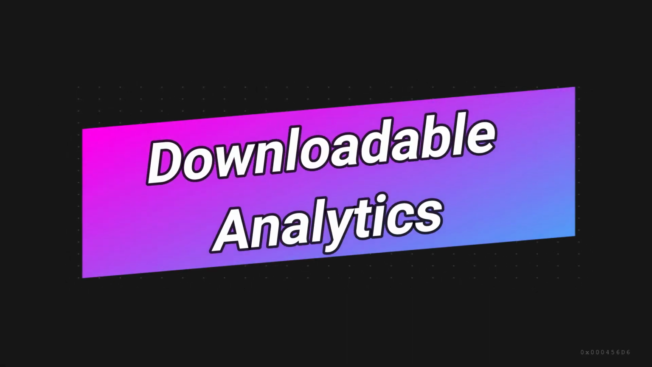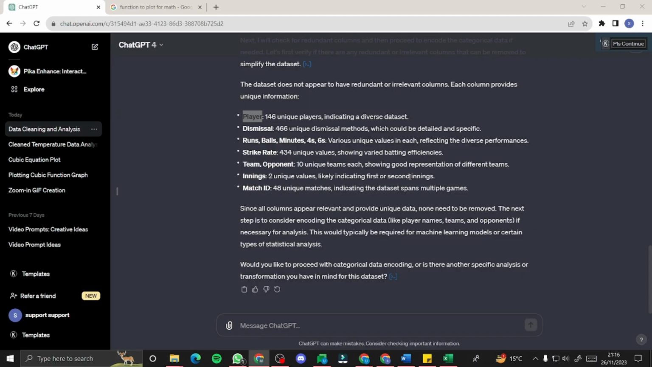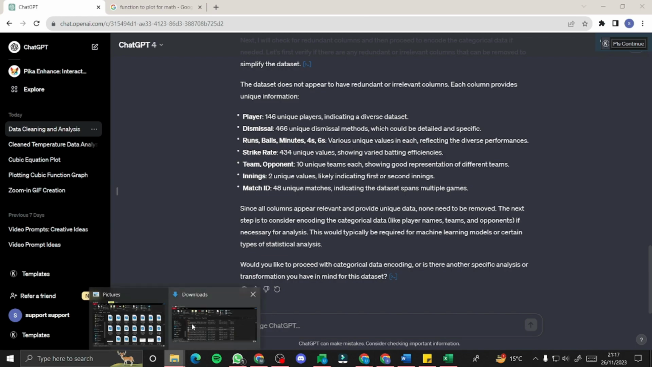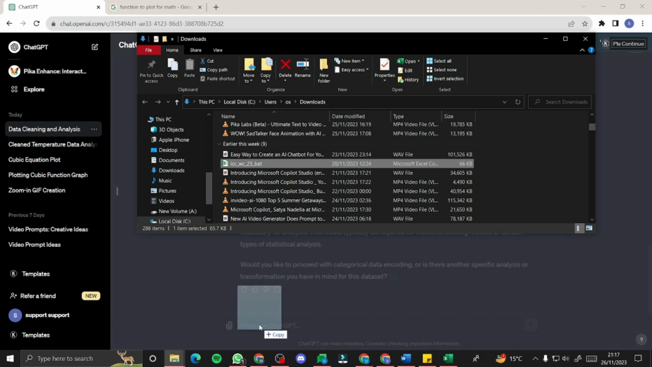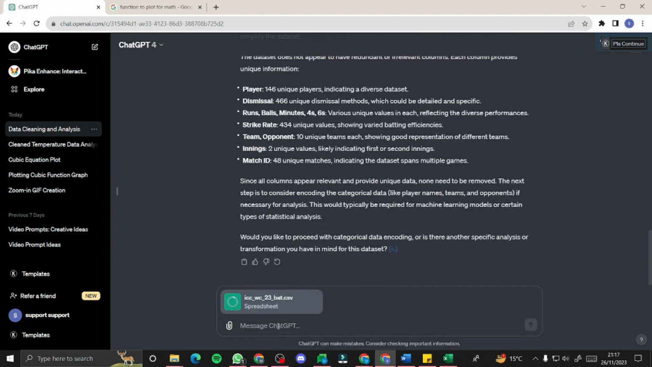All right, so now let's explore the third way to use the new Code Interpreter, which is generating downloadable analytics. Imagine being able to create dynamic and interactive reports directly from your code. Well, with the latest updates, it's now possible for you guys. For that, I can go to the same file that I downloaded earlier, which was ICC World Cup 23 batting. I can simply copy this right over here, and now I can go ahead and hit a prompt like